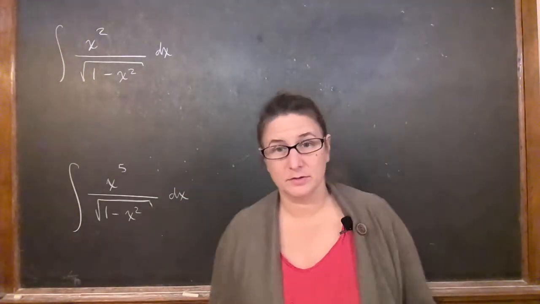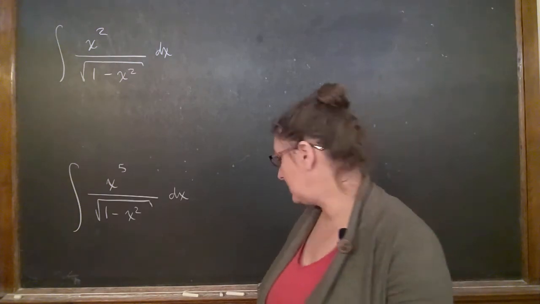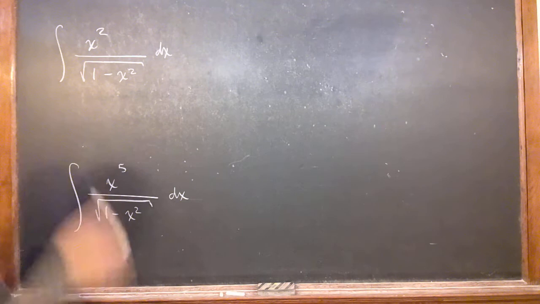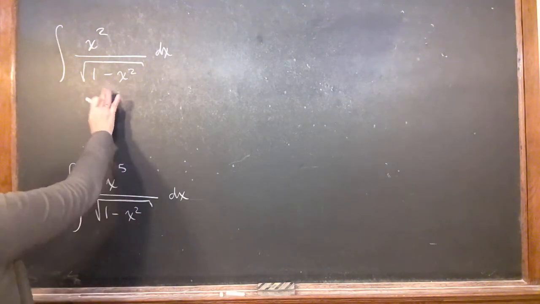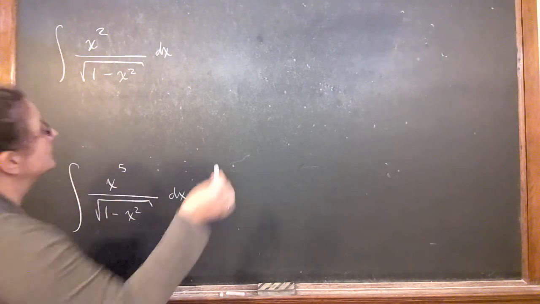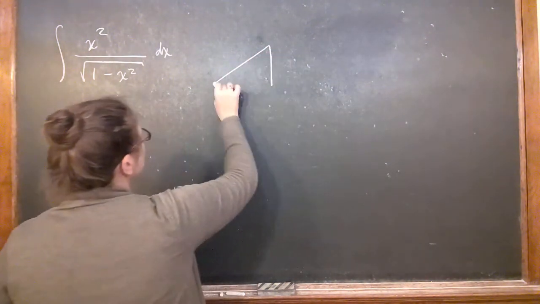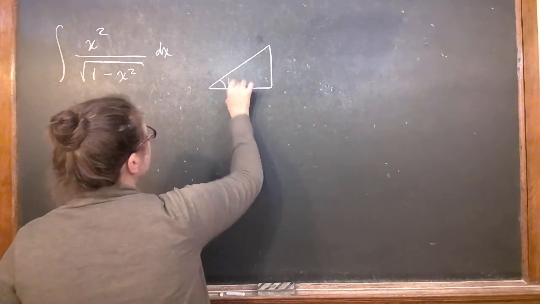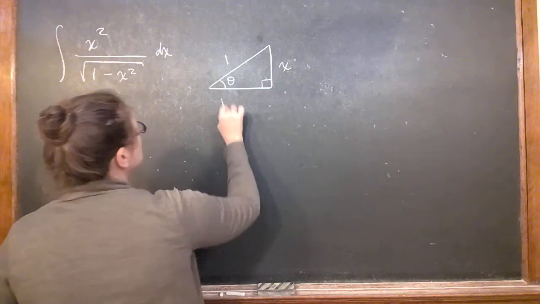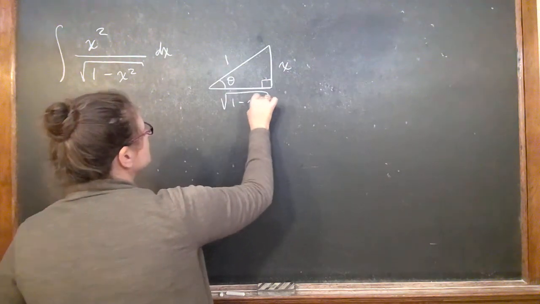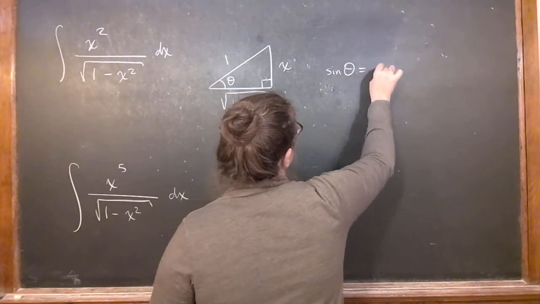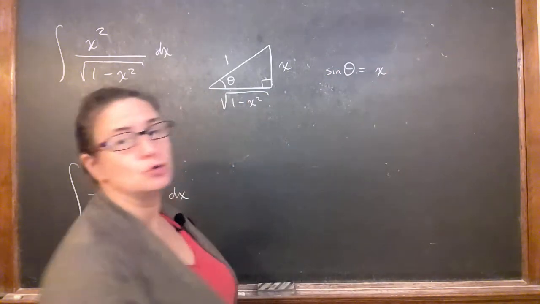So I've got two integrals on the board here. You can imagine, you see that square root, you think trig substitution, and in fact, yeah, trig substitution is exactly what you want to do here. So what I want to do, make my triangle just real quick. It's going to be 1, x, right, square root of 1 minus x squared. So sine theta is going to be x,